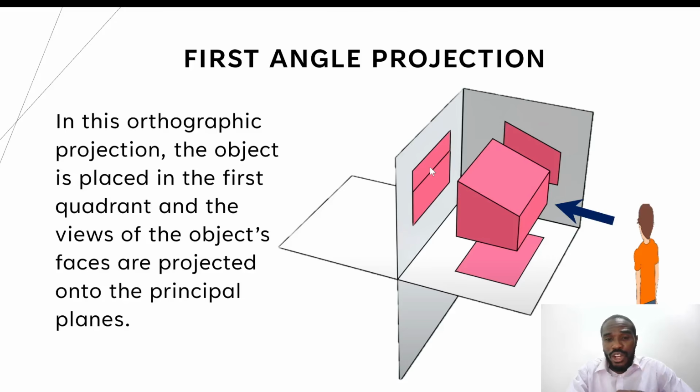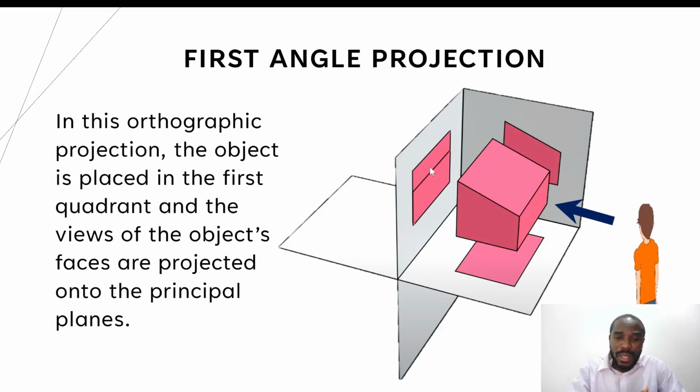All right, when he looks at that object from the viewpoint or from the stance point where he has taken, what will he see? Assuming that he stands in such a way that the object is directly in his line of sight, whatever he sees, he projects onto the plane behind the object. Okay, and we can move his position to this other side, where again he looks along the line of his sight at the object placed in the line of his sight, and whatever he sees is projected to the